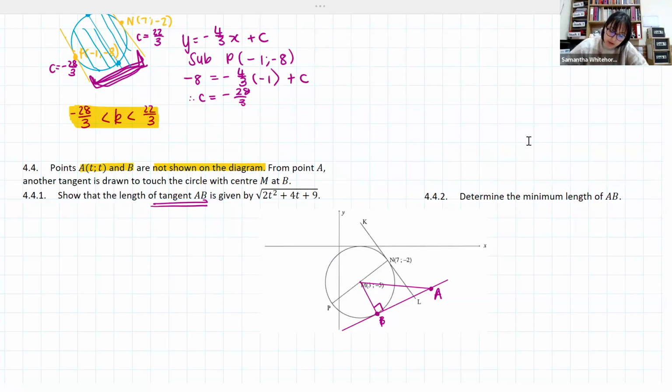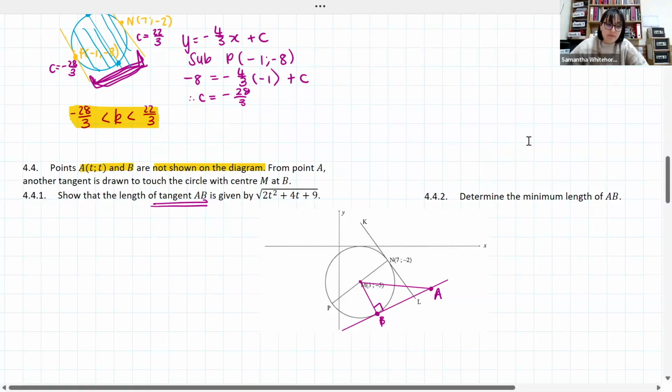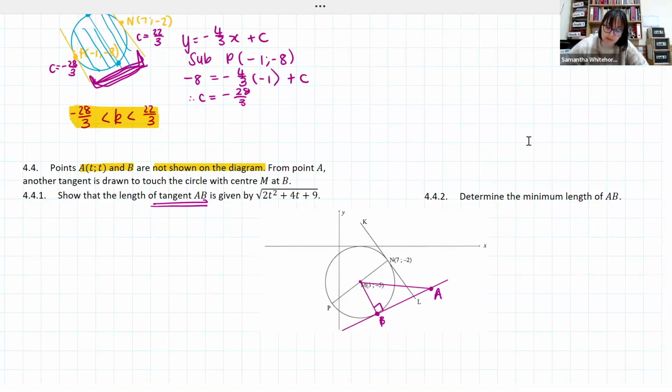Now you have the coordinates of M. Obviously, I've now drawn over it, so that's on me. But you know that A is at (t; t). You don't know what the t value is, but you have a coordinate in terms of t. We can go and work out this length for AB